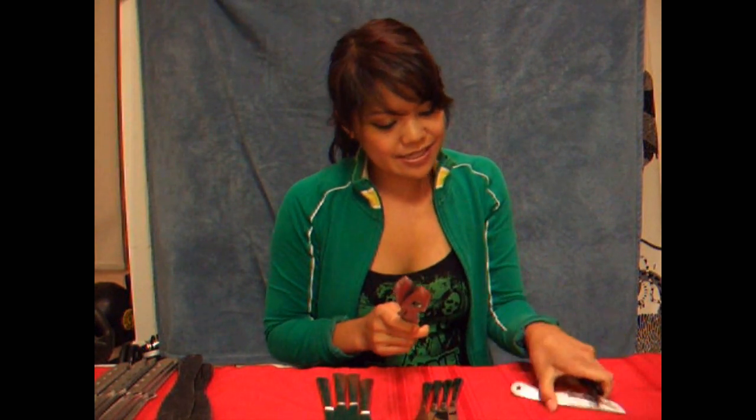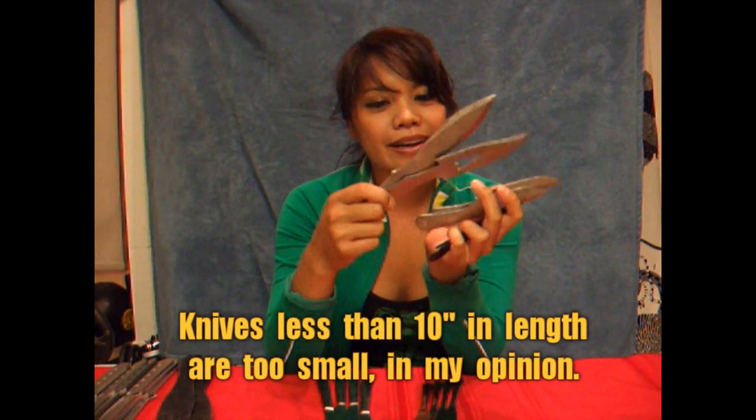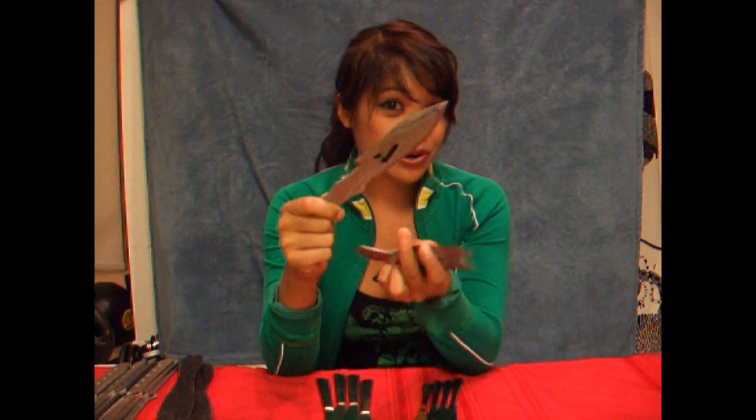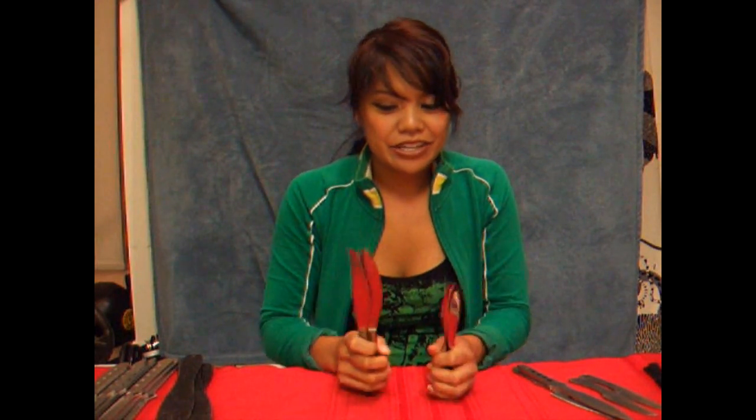So these knives are the ones I most commonly see on the web. They're cheap in price, but if you really want to get into throwing, you don't want to go with these knives. In any case, if you really wanted to go with a smaller knife just to get your range down,